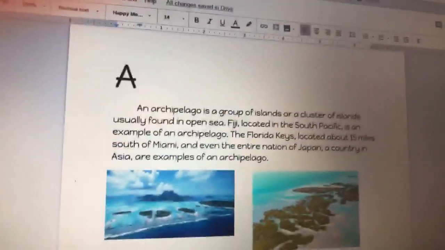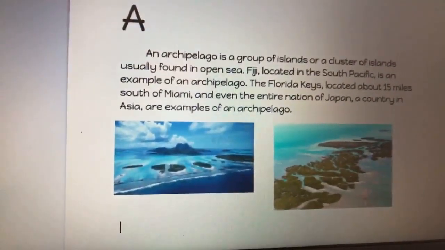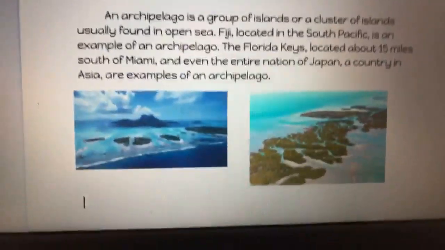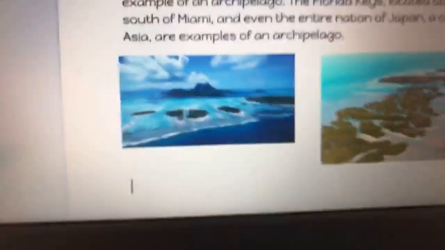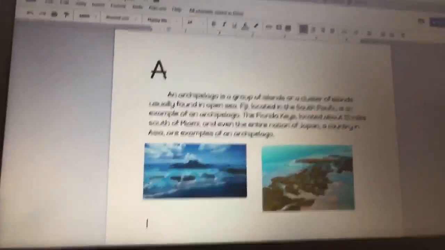So, I've got A, and then I have those things, then I have, oh, sorry, these pictures. So, yep. This is getting really long. So, I'm gonna do my other homework.